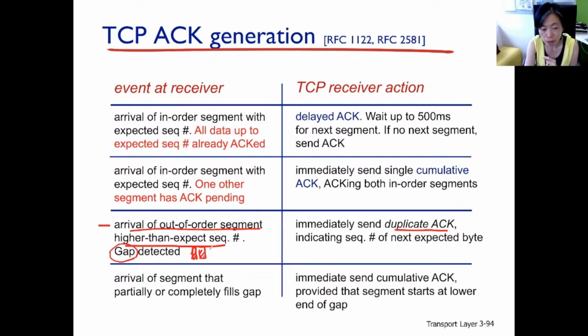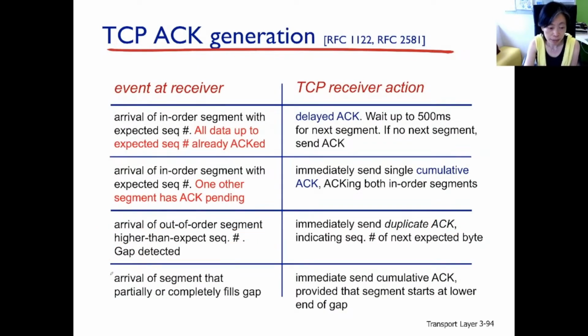Previously, we have received multiple packets, and they are arriving in order. But suddenly, we get a packet that is out of order. It's not quite what we're expecting next. So there's a gap in the sequence number of the packets received. In that case, upon receiving such an out of order segment, upon detecting a gap like this, we send a duplicate ACK, the old ACK that has been generated before. This ACK is then carrying the sequence number of the latest packet received in order.